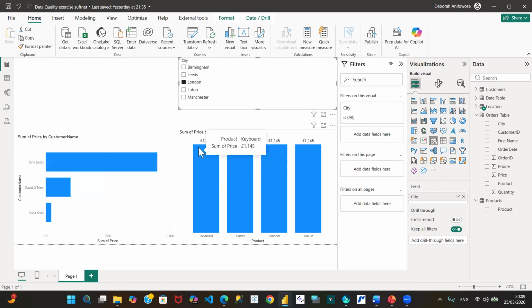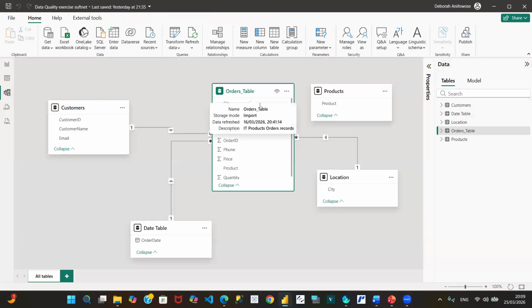It's not splitting this particular price into the different products level that we have. And each time you create a visual or a chart and you are getting this type of reaction, straight on, you would know that, or you should know that that is a data model problem. Okay. And how to fix that is to